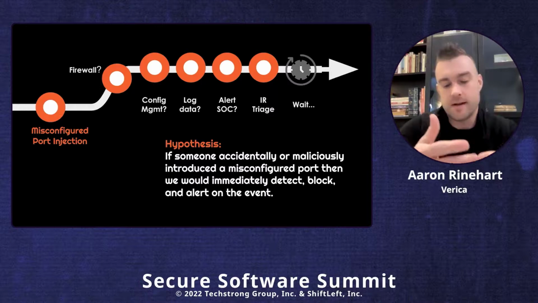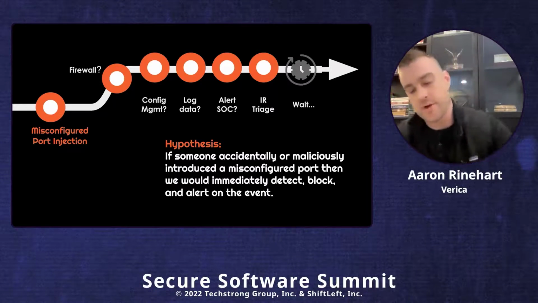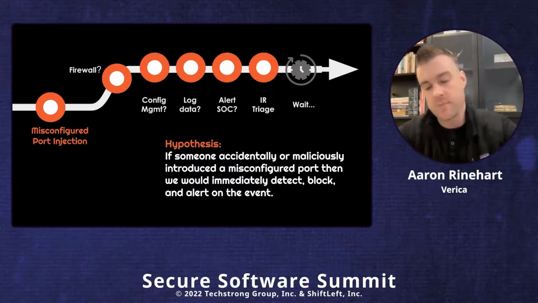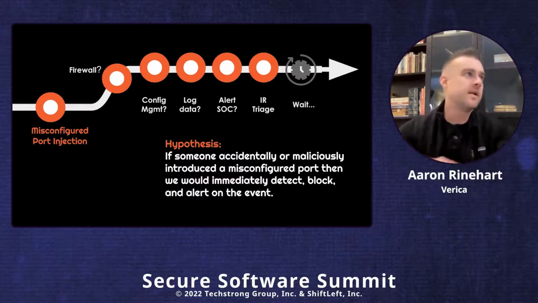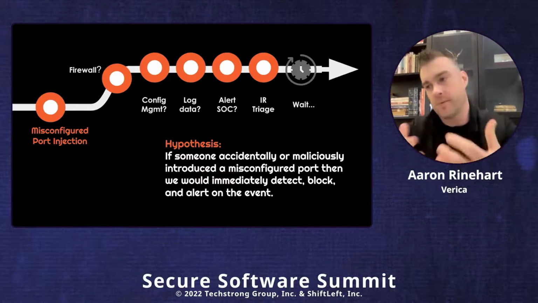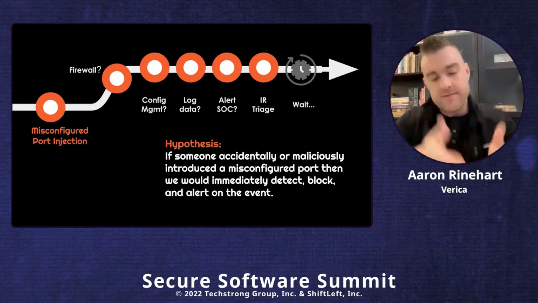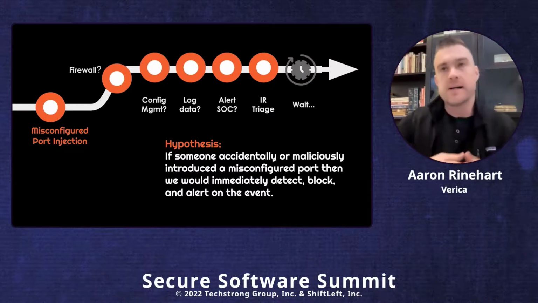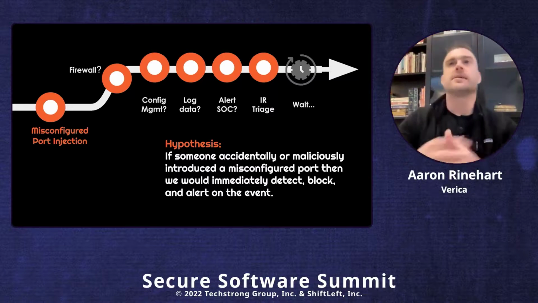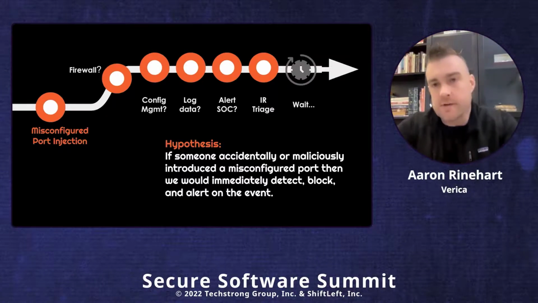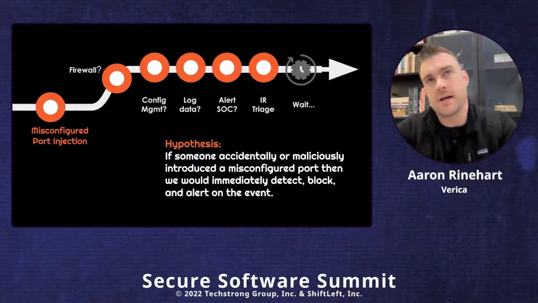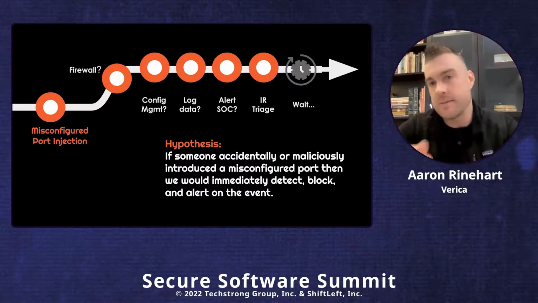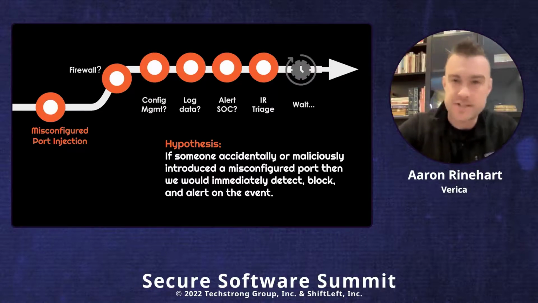Well, when I was at United Health Group, we were very new to AWS at the time, and we had a lot of confidence that our firewalls would detect this. Our belief was that our firewalls would immediately detect and block this kind of thing and it'd be a non-issue. So okay, let's design an experiment that does this, right? During business hours, we would randomly select a bunch from an opt-in tag. The opt-in tag was an AWS reference tag for whether something could be subjected to chaos engineering or not.